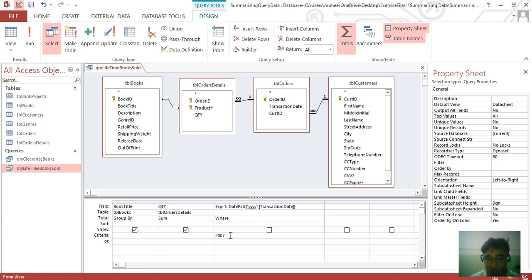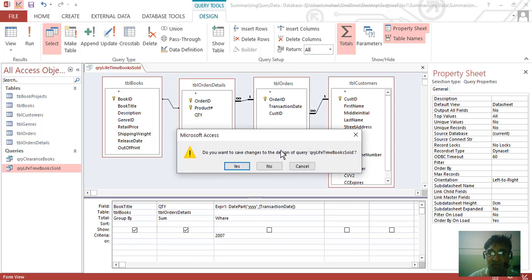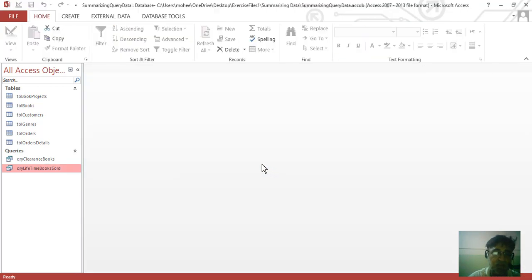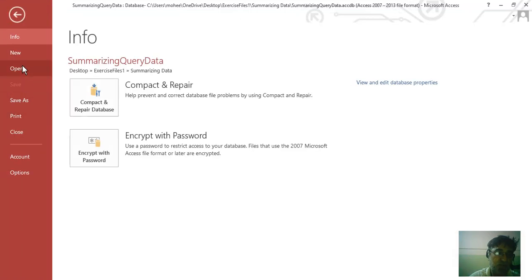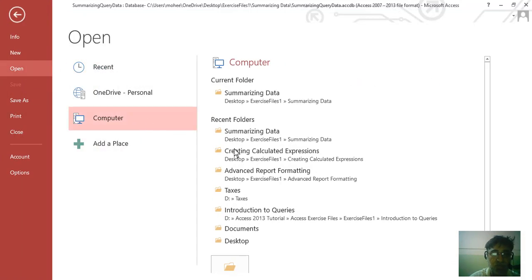It is not that difficult. A calculated field can be made on date, quantity, retail price, any numeric field, or even on a text field. So far as text is concerned, we can count the text field as well.